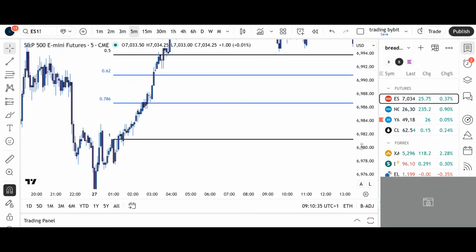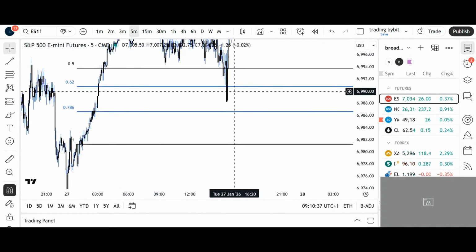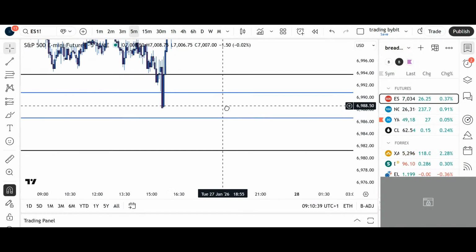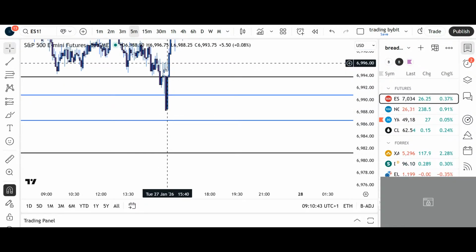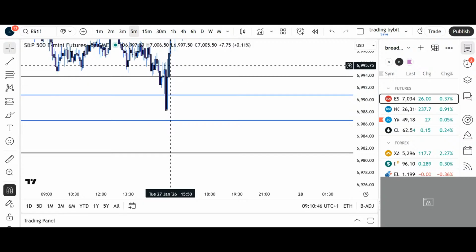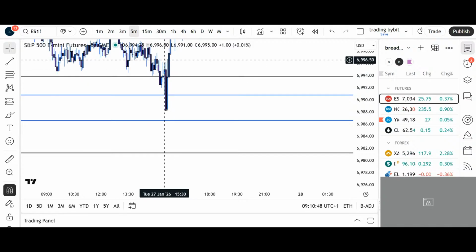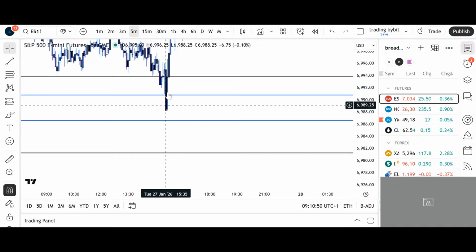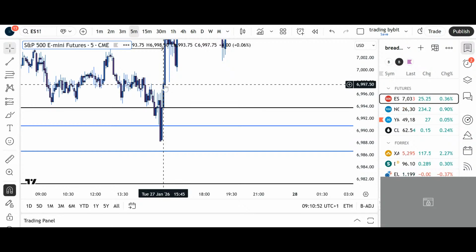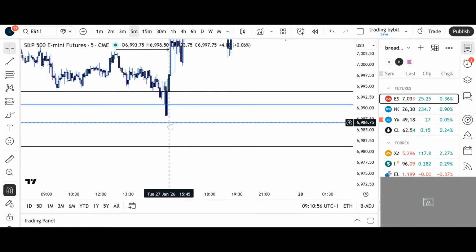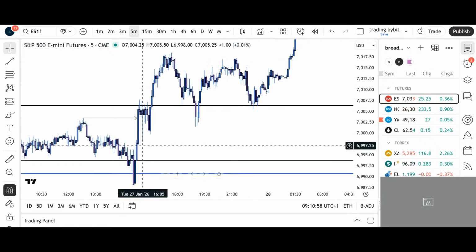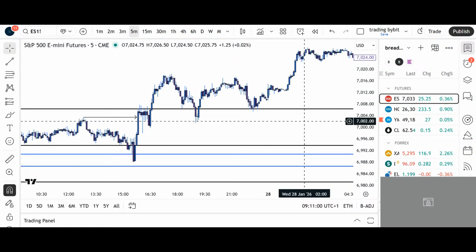It was very close to our entry actually. It came from a few points off of it. And then again, if you see the same movement and you see that 5 minute shift back to the upside, this is a huge displacement. We actually made a change in character right here already. So we had a down movement and immediately 5 minutes later, you can just jump in it. You don't have to wait for that retest. Jump in it, put your stop at that low and just ride with it and see how far we go.